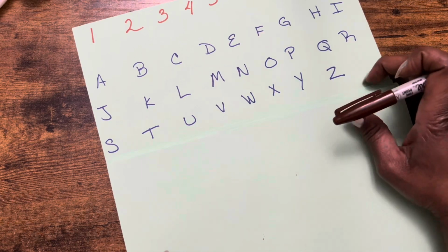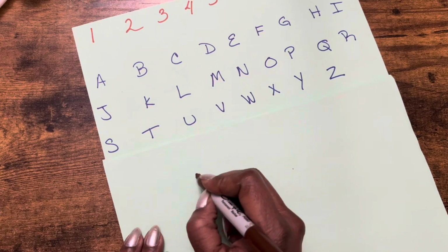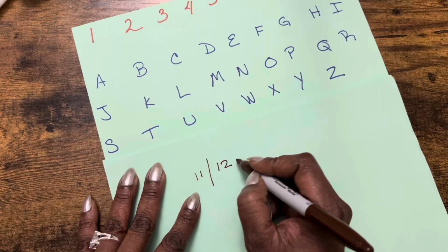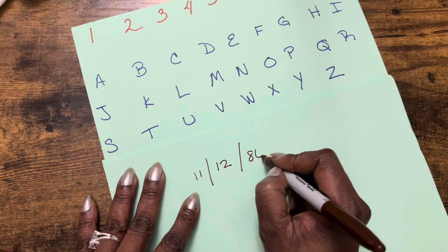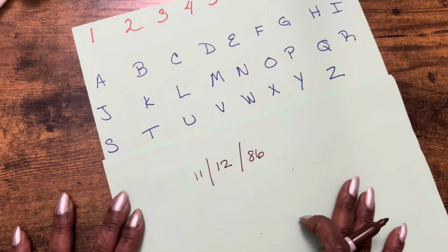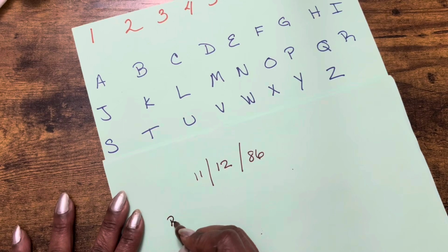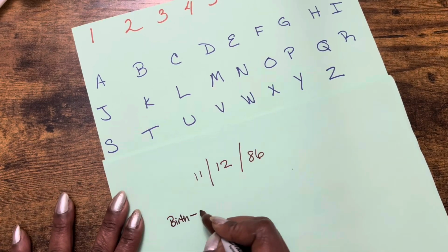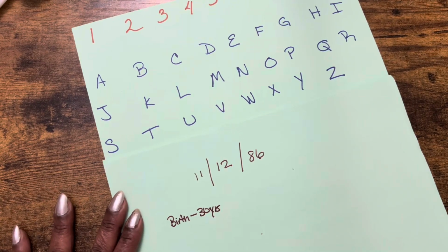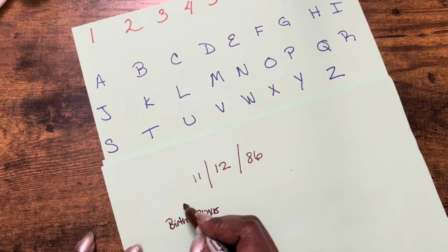We're going to take your birthday. Let's say your birthday is 11/12/86. Okay? The first thing you need to understand is the first 2 numbers equals birth to the first 30 years of life. So whatever these 2 equal up to, 1 + 1 = 2,